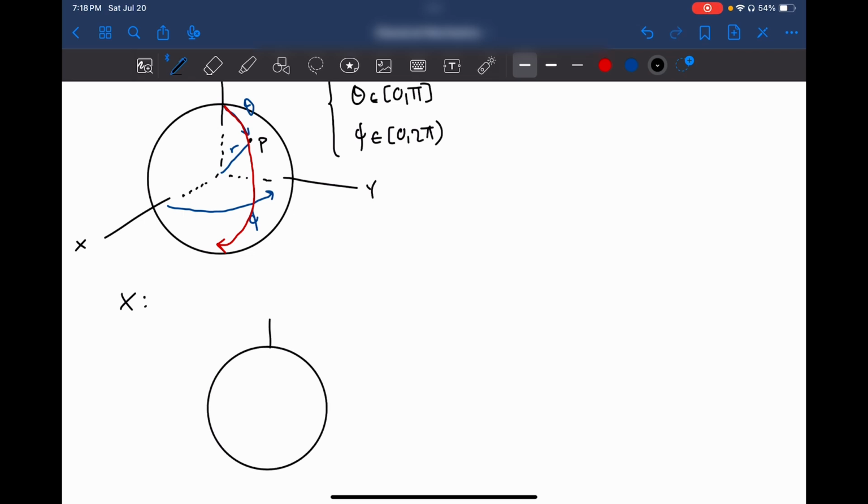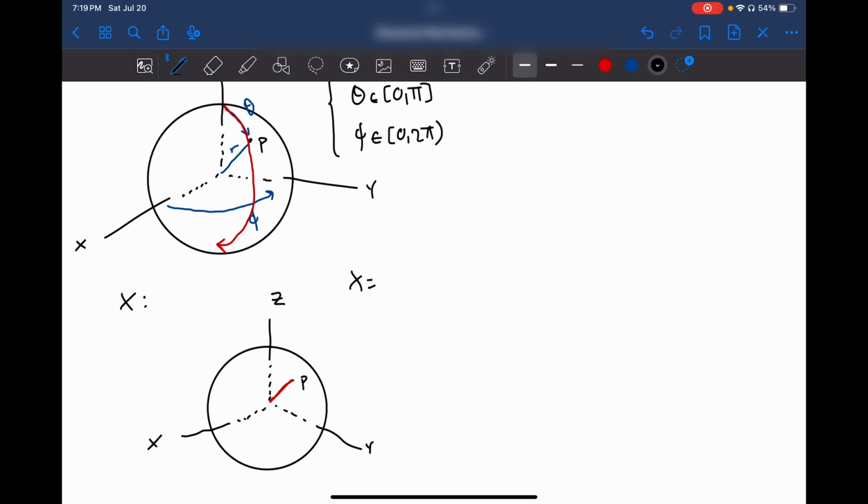It looks like the same size actually. It's fine. So here's my point P. Here's r. And if this is z, x, and y,